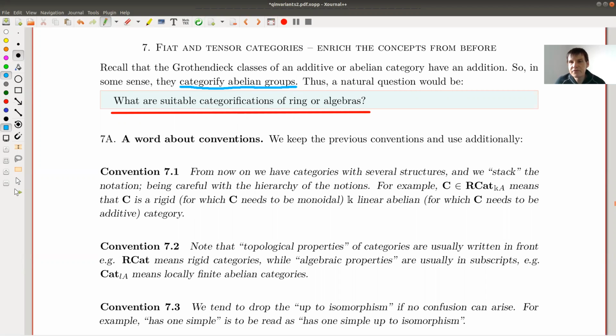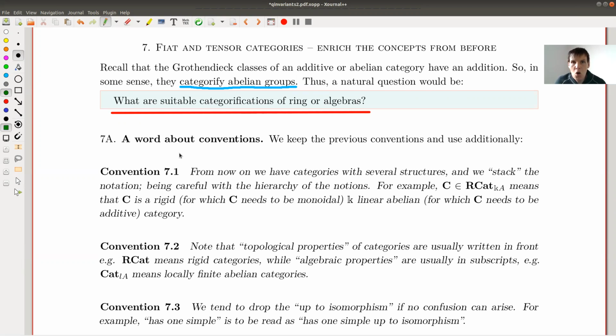That's what I tried to explain last time. And why not bring both together? Then you have an addition, because you categorify abelian groups. And you have a multiplication, because you categorify a monoidal structure. So you found a categorification of a ring. And that's what I'm going to explain. Okay, so let's just jump right into it.